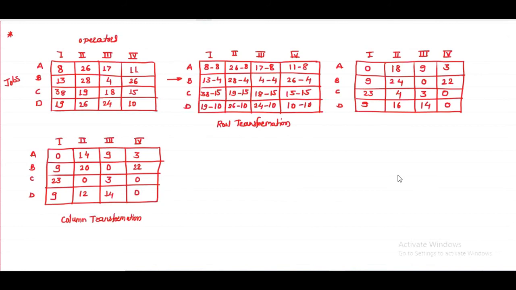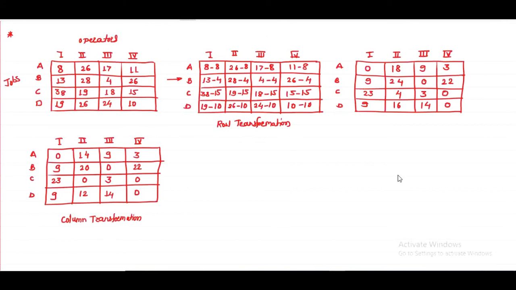So after making the square matrix, the reduction of the matrix consists of the row transformation and the column transformation. Now we have to assign which operator should be assigned to which job. This is the important part of the problem. How can we assign? In that case, first we will go row-wise, and then we will go column-wise.